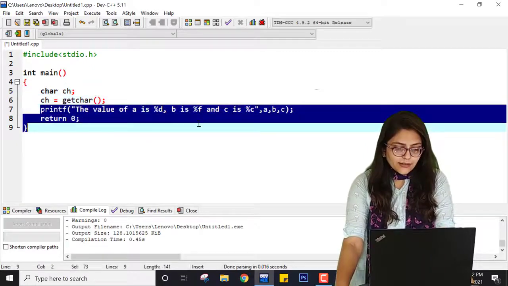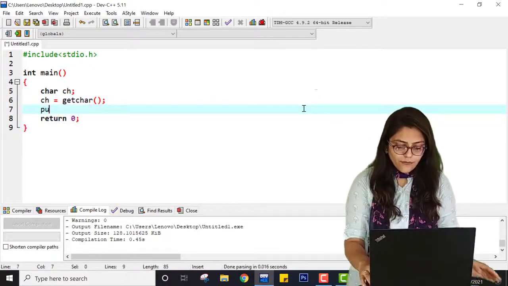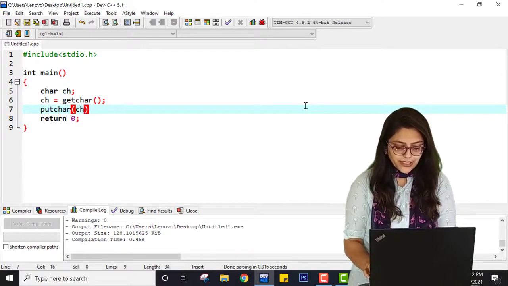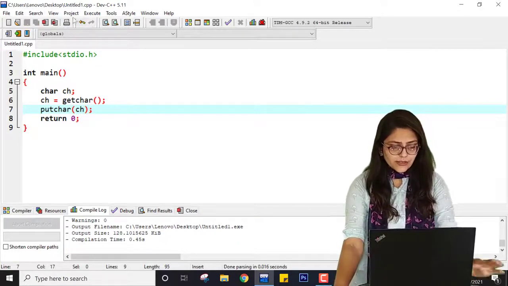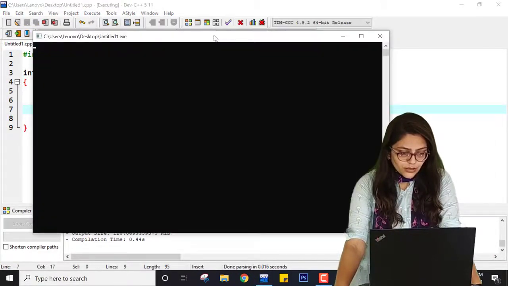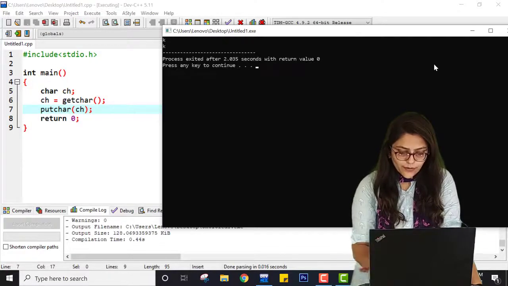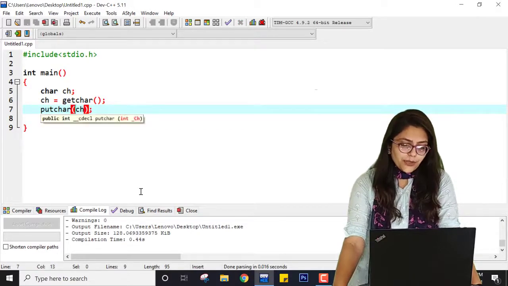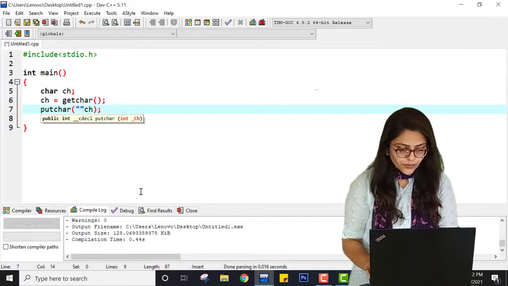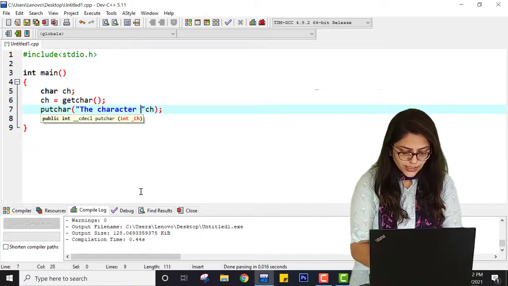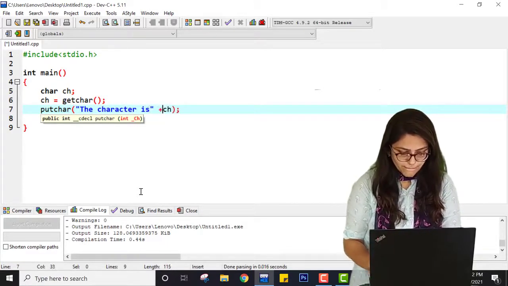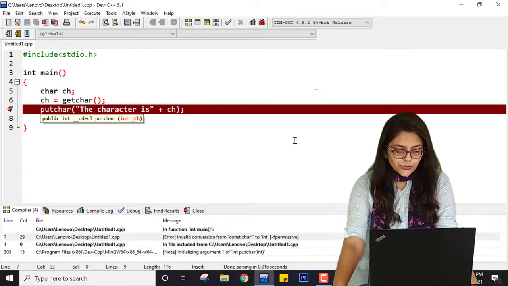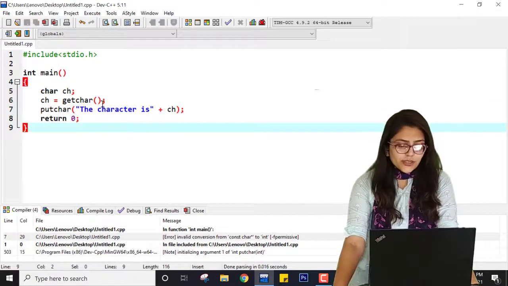I hope you understand this, and instead of printf I want to use putchar. Which character should be printed? The ch character should be printed. Let me save this program, compile it and run it. Let me enter K over here. You can see K is printed, but the disadvantage is that if I use a plus or some signs like this and compile and run it, you can see this kind of conversion is not available.